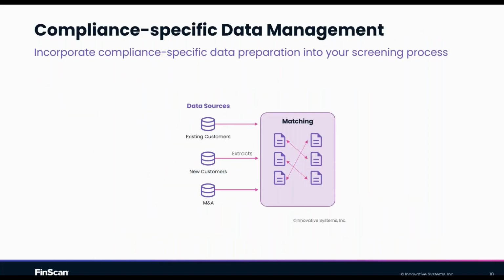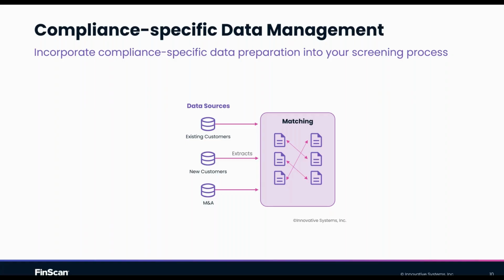Moving on then, we're also talking now about compliance-specific data management. We've already seen data plays a big part: the underlying list data you're going to use, the customer data you're going to put into the system, or whether you're talking about training data for an AI machine learning algorithm. The data plays an absolutely key role here. And when we look at the traditional approach, it is this.